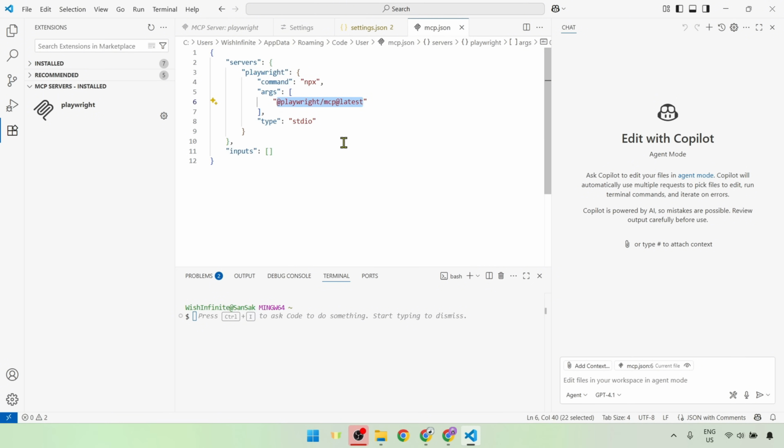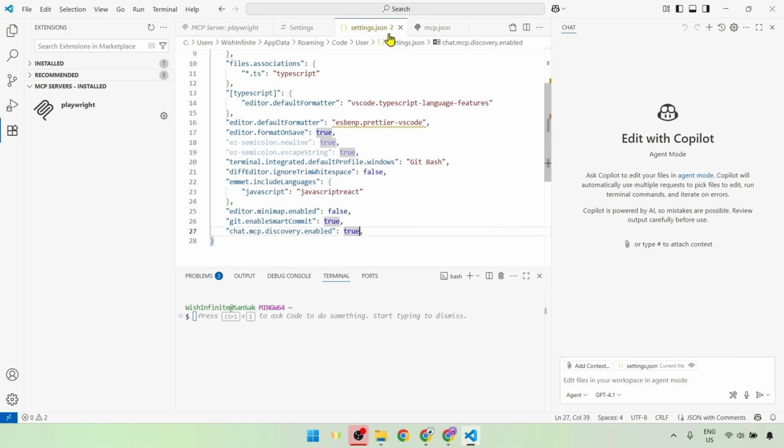This stdio stands for standard input output. It specifies how our client is going to communicate with our server. So our client, which is the AI assistant, in this case GitHub Copilot, is going to communicate with the Playwright MCP server using the communication method, which is the standard input output stream. You do not need to understand much about it, but you should be aware of it, right? If you are just able to get a high level idea about all these lines, that is more than enough. And even if you are not able to understand what it means, that is also okay, because automatically once you install it, you are going to get all these details directly in this mcp.json file